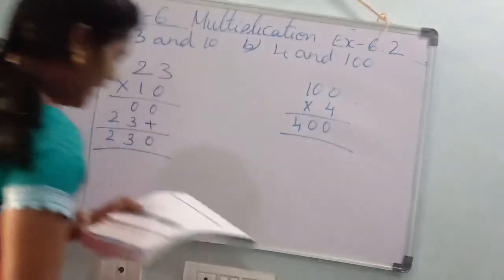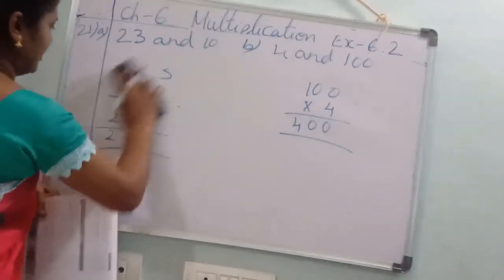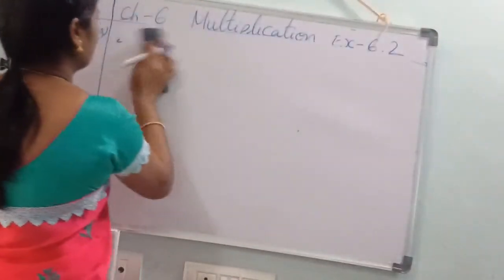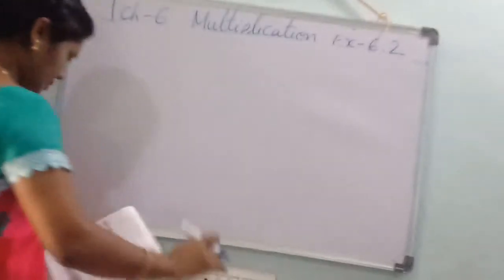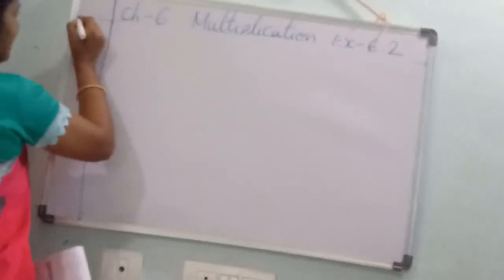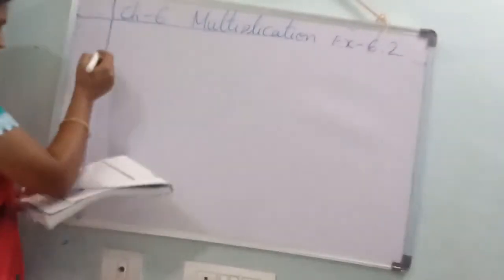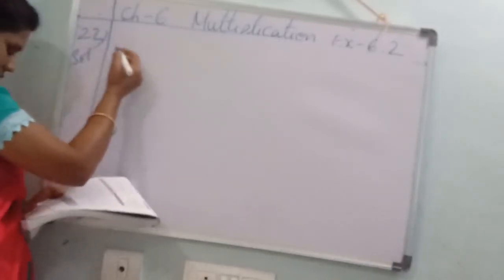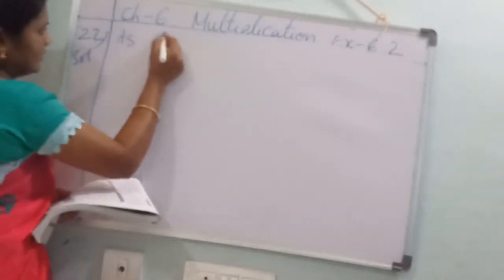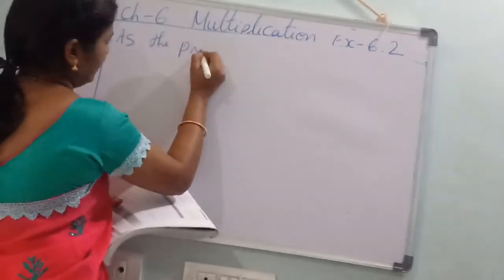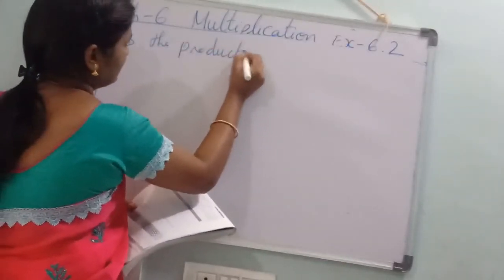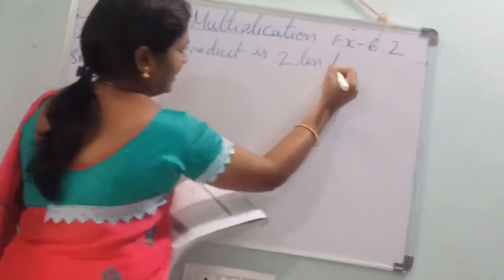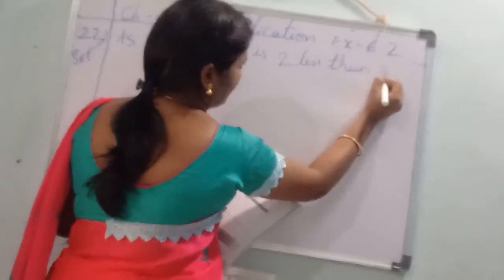You should compulsorily practice this. See, 22nd one solution. As the product is 2 less than 50,